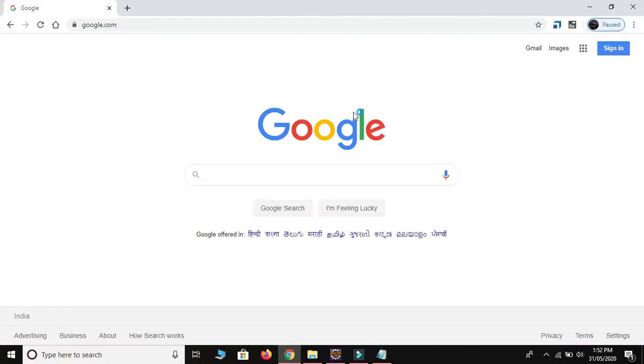So this is the Google homepage. We need to verify that the title of the web page should be only Google. So this is what we accept. This is what our client expects after developing the web page: the title of the web page should be only Google. This is the expectation from the client side, and based on this expectation our developer will develop the web page and then pass it to the testing team.